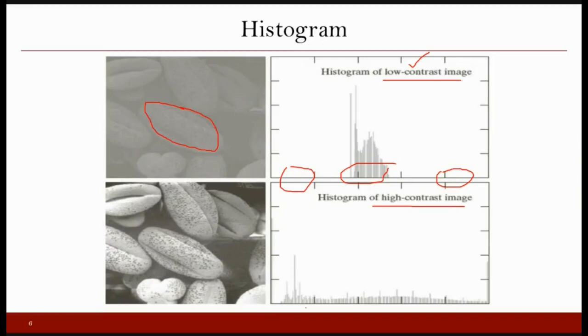So your histogram will get accumulated on the lower side and on the higher side. You may have some pixels which are lying in between also, but most of the pixels will lie here and here, because whatever you have as foreground has very high intensity, and whatever you have as background will have very low intensity. So the difference between the foreground and background will be very high. The accumulation will happen on this side and on this side, and you might have a few pixels in between, but the majority of the pixels will lie in these two extremes.